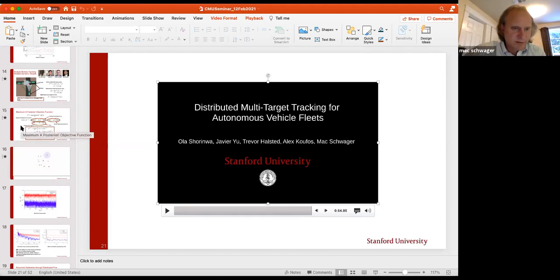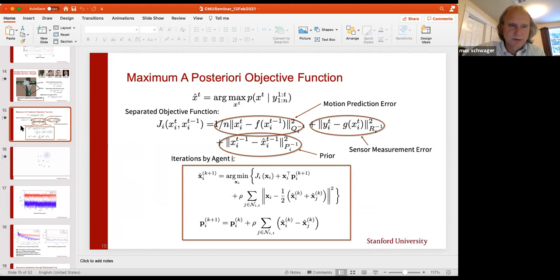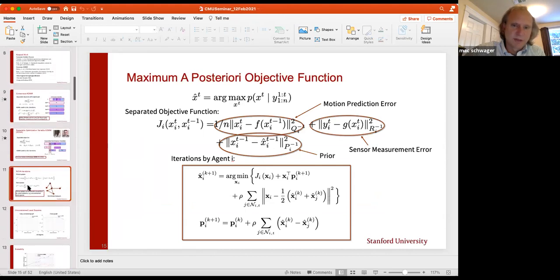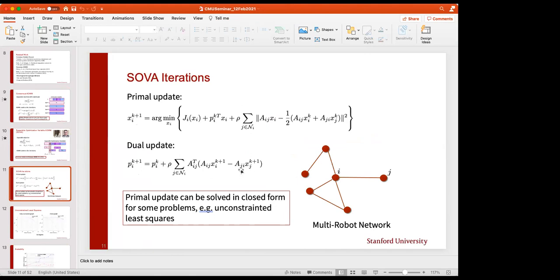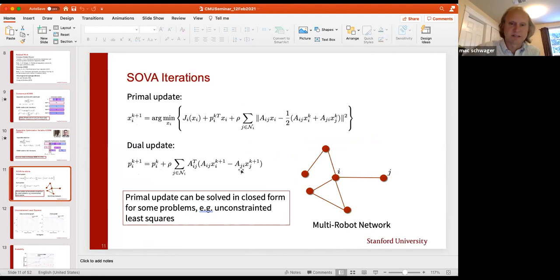Oh yeah, that's a great question. So the underlying algorithm structure is that you have this communication graph. Everybody updates their primal problem and then updates their dual variables. But before they update the dual variables, they have to share the state of their previous step. So what happens if one of these communication links disappears instantaneously? There's analytical work on this in the context of consensus ADMM, and then we have done empirical work on this in the context of SOVA.